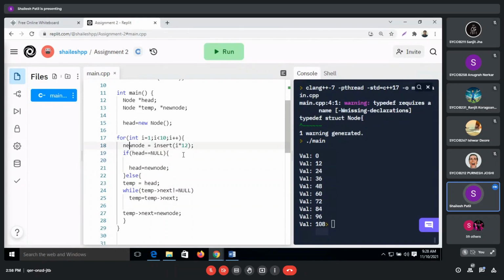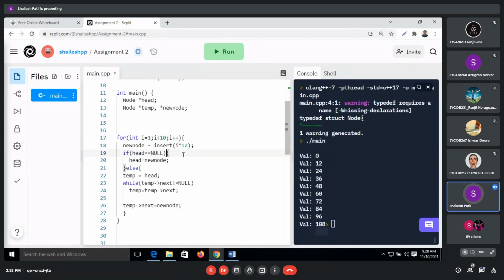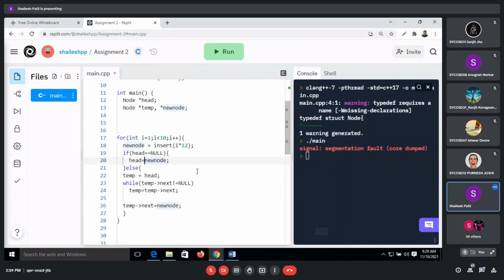Otherwise, after this we can check. We can also remove this initialization and make it like this. Let's see that. Segmentation fault. Okay, so head is equal to new node.